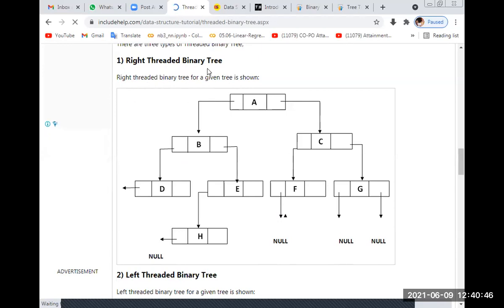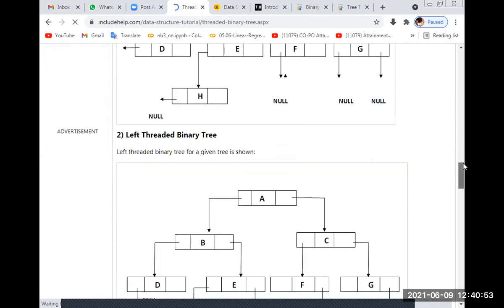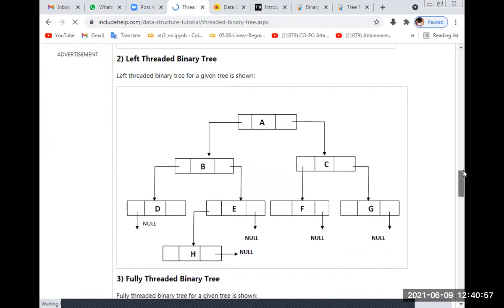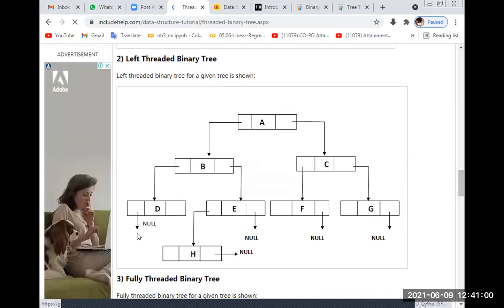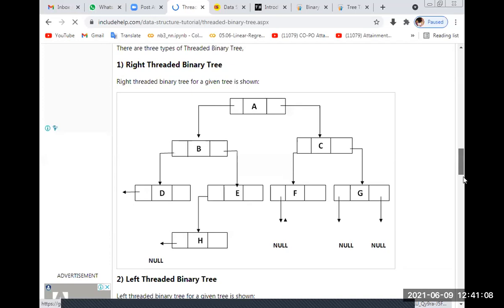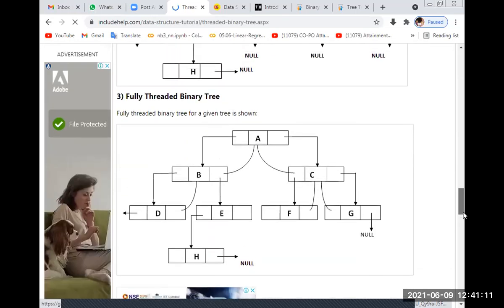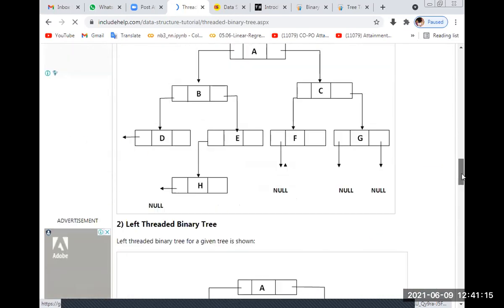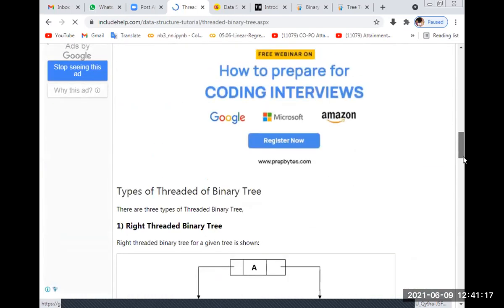Right threaded means on the right side we place some addresses and the left side we keep as it is. Left threaded binary tree means on the left we store some address and the right we keep null. Full threaded binary tree means we store both left and right addresses.